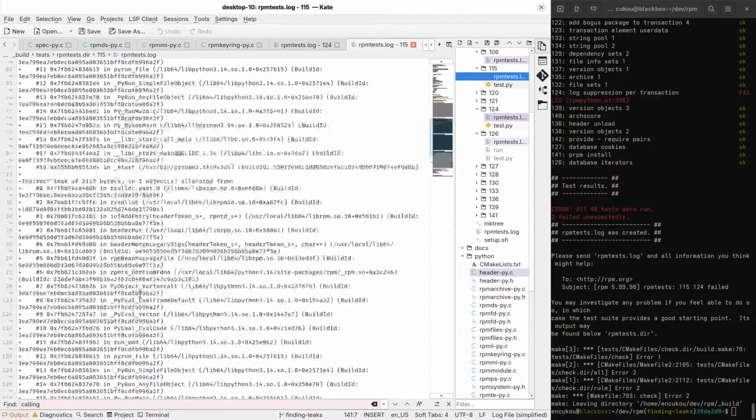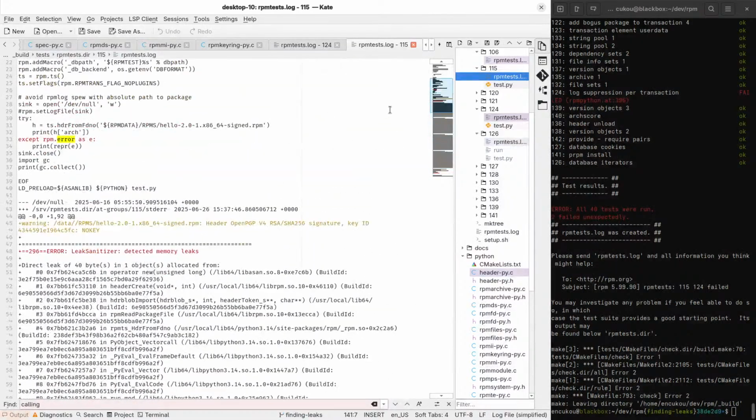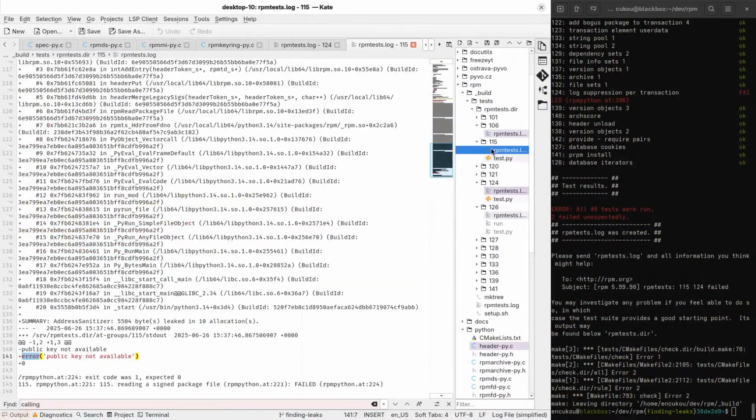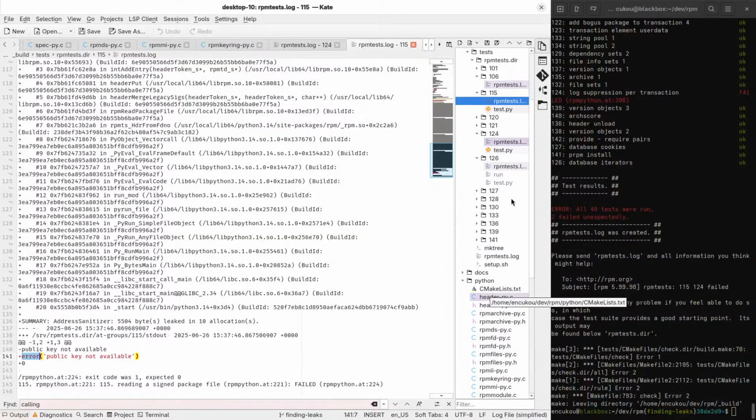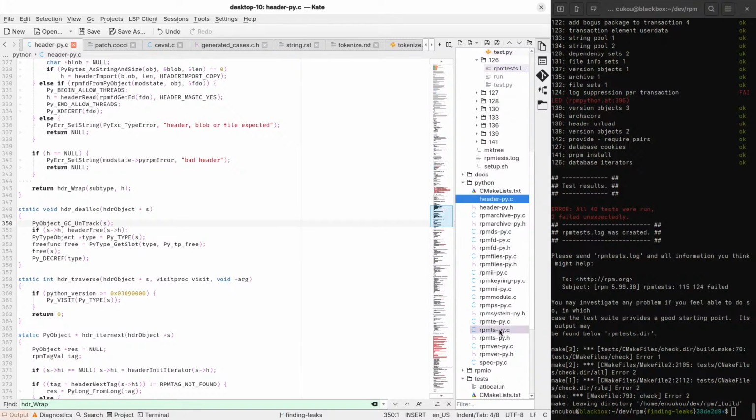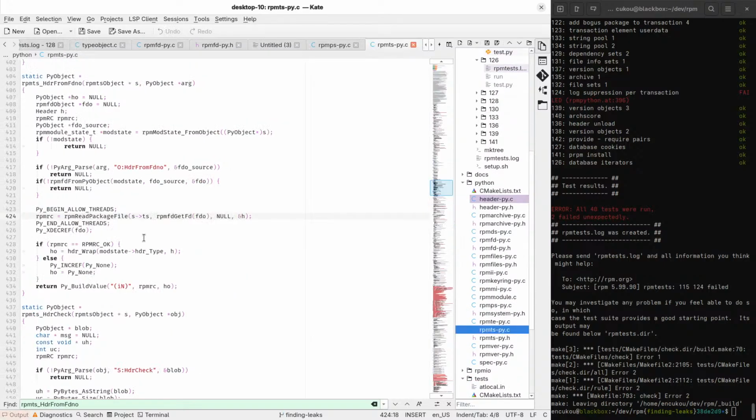So okay, public key not available. Currently there is an enum called RPM RC underscore no key, and that one is the one giving the string public key not available. But where would that be set? I can't see where.